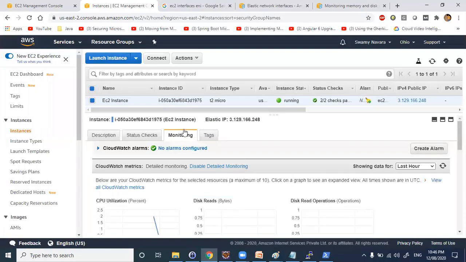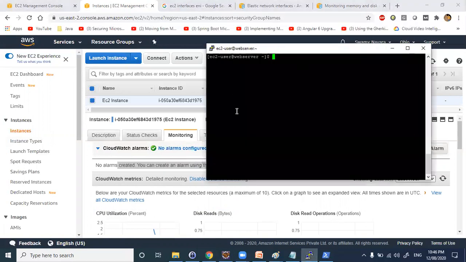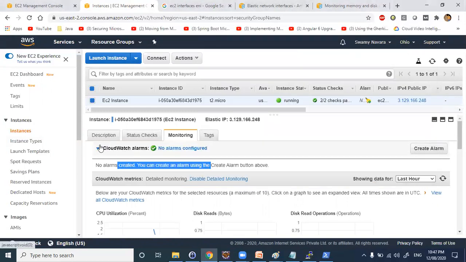By default, whatever comes with an EC2 machine will be at 5 minutes. But if you enable detailed monitoring, all these logs will go to CloudWatch. You can configure CloudWatch here. By default, it will be going to CloudWatch. So in your EC2 machine, what time it was started, what time it was terminated, restarted, and any other network interfaces connected. For example, we attach a public IP, right? These detailed logs will go to CloudWatch. CloudWatch is nothing but the monitoring service by AWS.